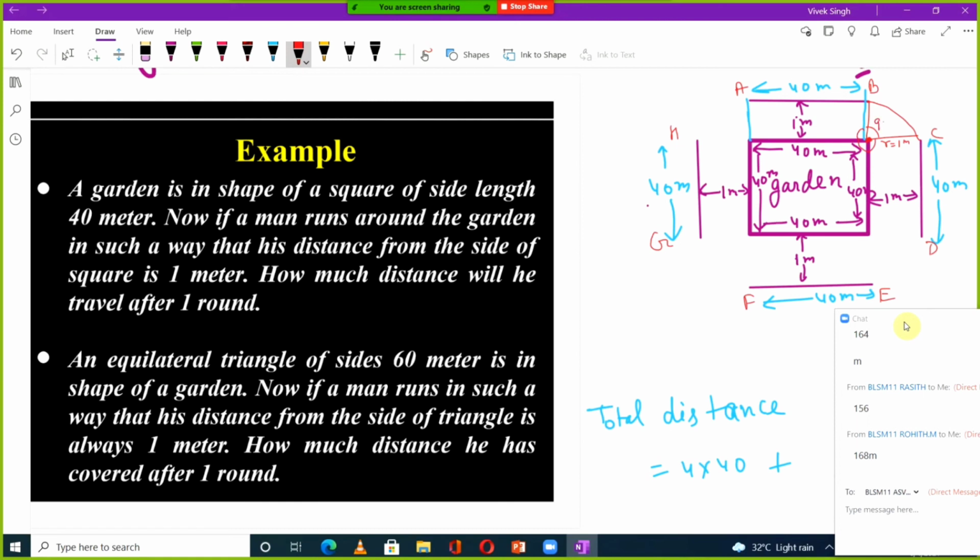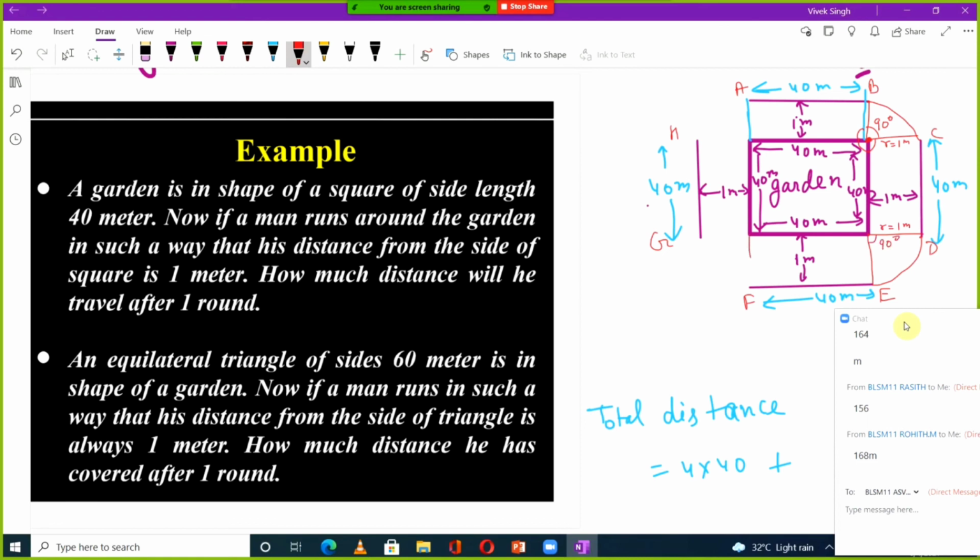So this will be your 90 degree, or you can say transverse angle also. It is perpendicular also. So this angle we have given 90 degree. 90 degree means pi by 2 in radian. Again, if you start from D to E, again you will move in a circular path such that this distance is always 1 meter. This radius will be equal to 1 meter. Again this angle will be 90 degree.